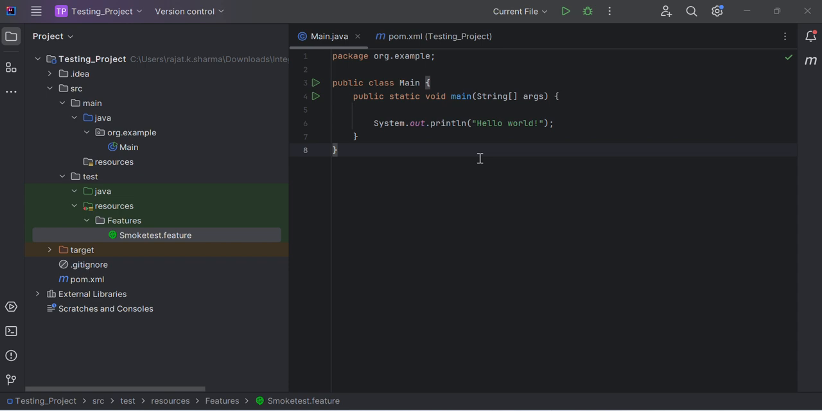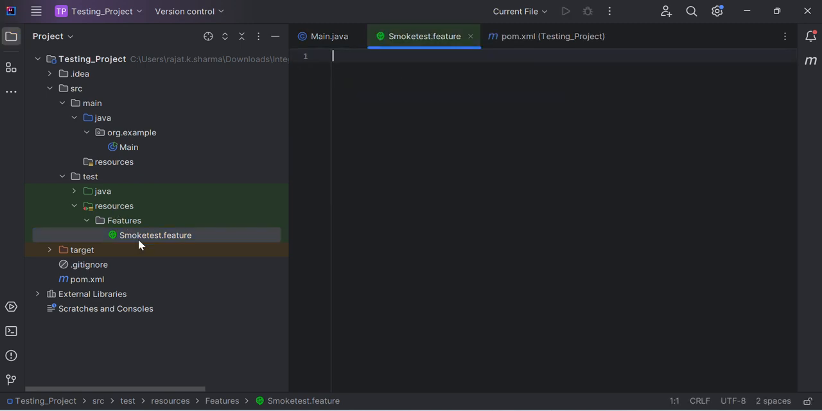In yesterday's lecture I told you how to create the smoke test feature file. By mistake I created the smoke feature file under this Java folder, but you don't need to create the file under this Java folder. You have to create one resource folder, and under this resource a feature folder and then smoke.feature. So you can create the feature file here, and today we're going to create a runner